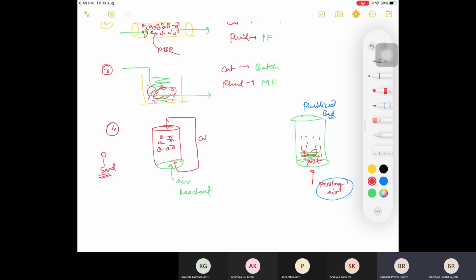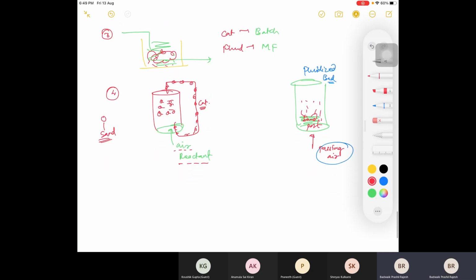Okay, so this is the catalyst path. What will happen? This catalyst or sand molecule will fluctuate. If I am supplying a high flow rate of air, this catalyst will come out of the system. It will pass through this recycle stream, and this will come back. So what I can write here is catalyst and fluid, and this fluid is as it is coming out of this. So I should draw this green.